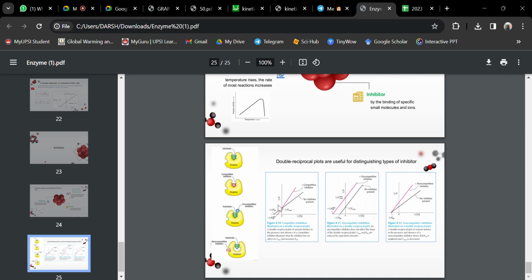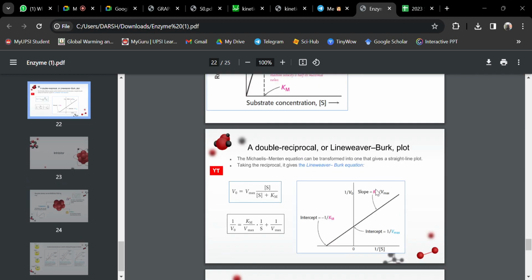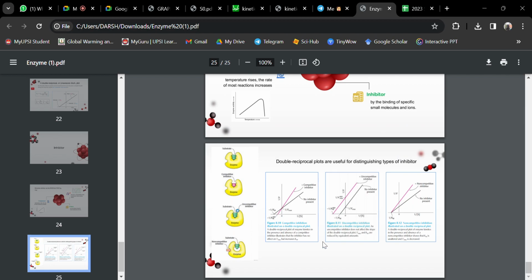Ni tadi tu, double reciprocal tu. Yang this one can be example lah. Yang ni kan, you can have like more lines. Let's say now the black line is indicating no inhibitor kan, tak ada inhibitor. Tapi you can also, like what I mentioned just now, I just change the temperature. System yang sama, I change the temperature,